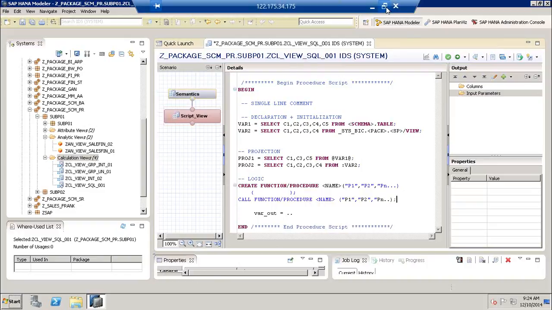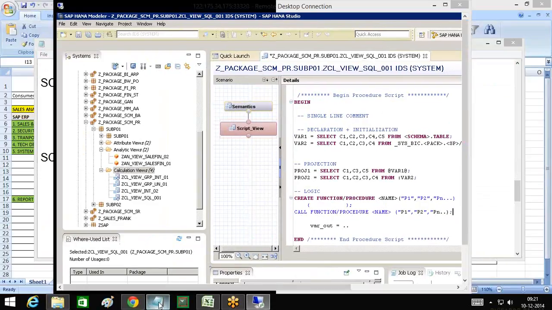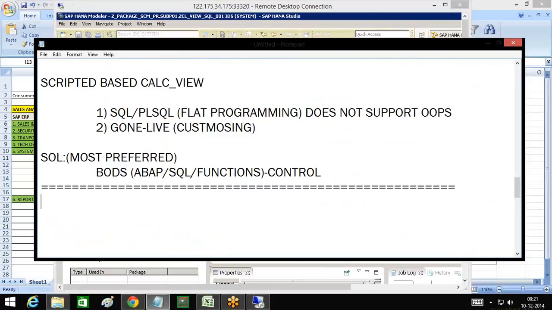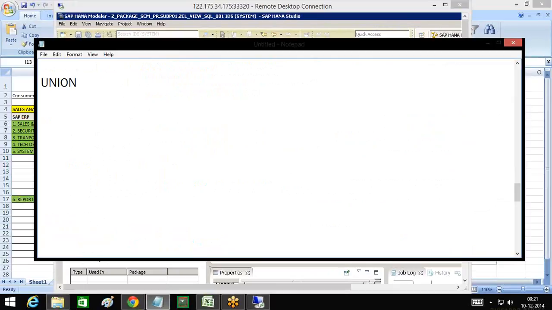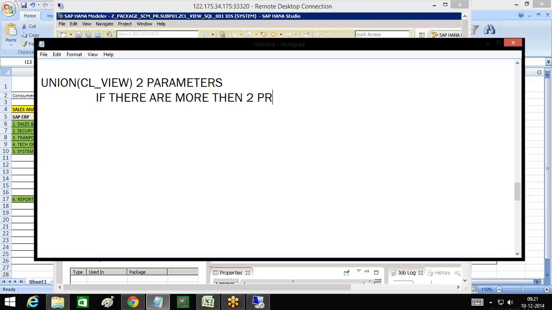So let's have a look here in the graphics. Let's write down: union in the calculation view, whether it is graphical or SQL script, only takes 2 parameters. Union with 2 tables, for example. But if there are more than 2 providers or 2 projections, yep, the parameters that we have here are providers. So if there are more than 2 providers, for example, if 5